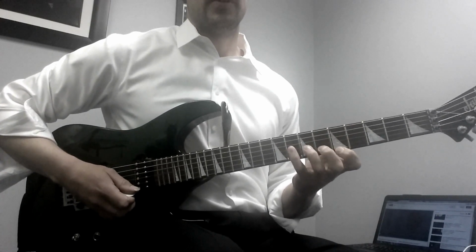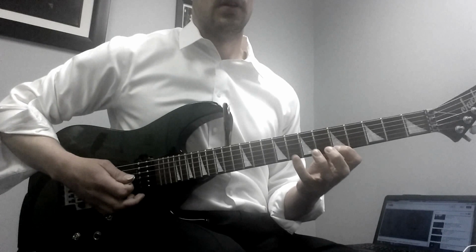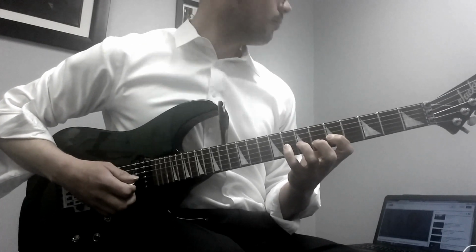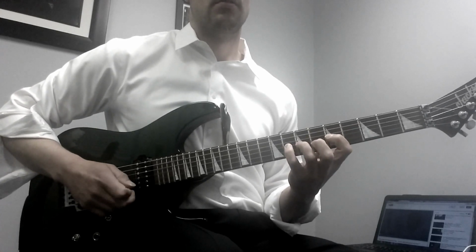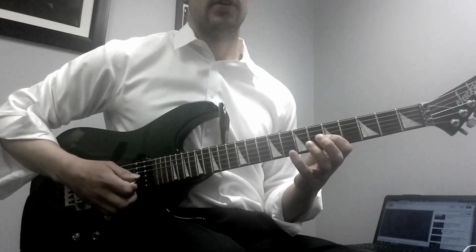Then you're going to skip all the way to the 1st string and do an upstroke on 5. Then go back to that fingering on the 3rd string and play it backwards. 8, 7, 5, then back up 7, 8. Alright, so far it's...